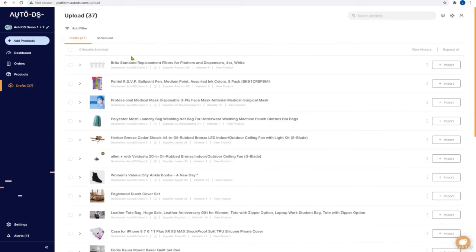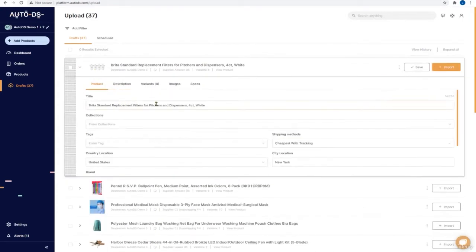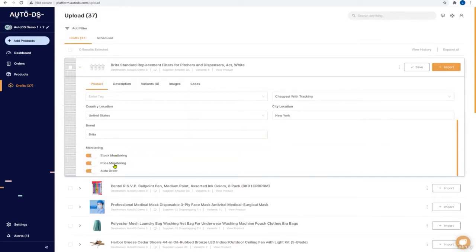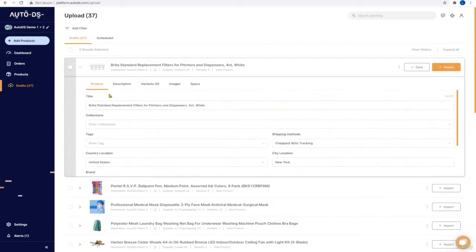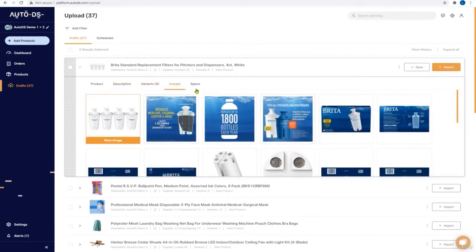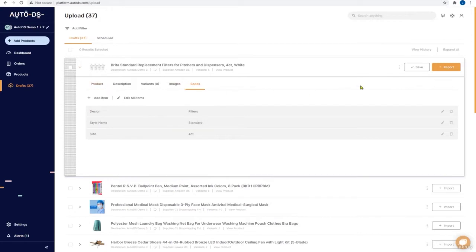How to edit your products on AutoDS. In the drafts page, you have an option to edit your items. You can choose to do so one by one by clicking on the arrow button next to each item or by clicking on the picture. You will see the drop-down item edit mode where you can edit the product's title, collection, tags, country location, stock monitoring, price monitoring, auto ordering, and so forth. You can edit the description, the item's variants, the product's pictures, the item specifications, and then you can either choose to save the draft or import it. Once you import it, it will move to the product section,